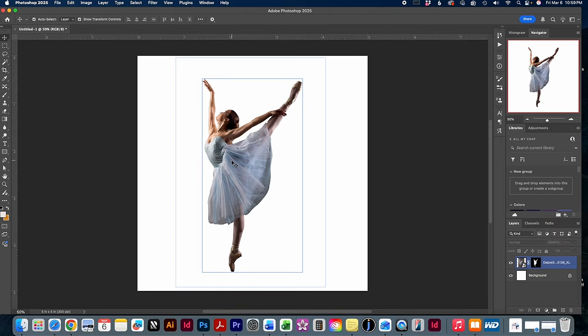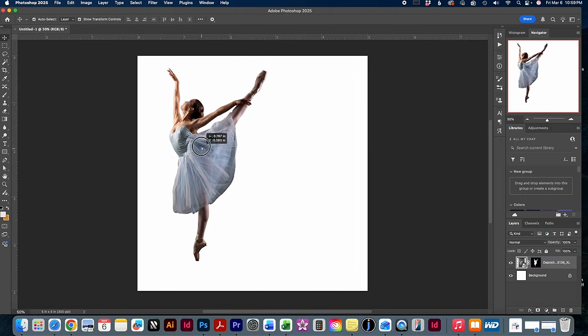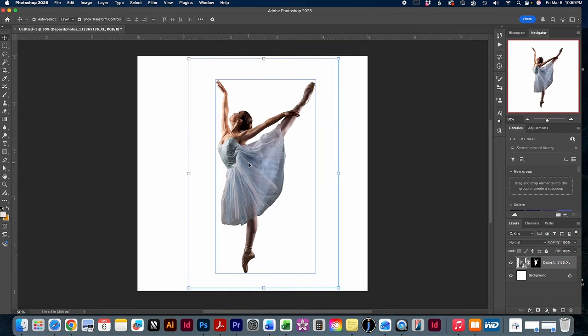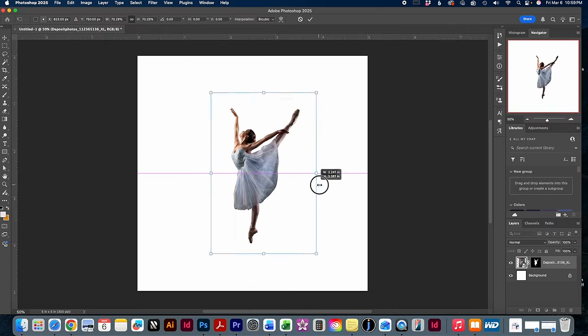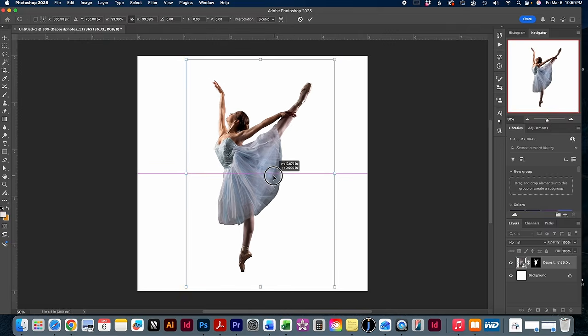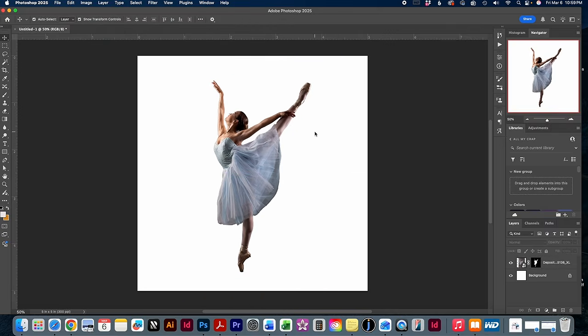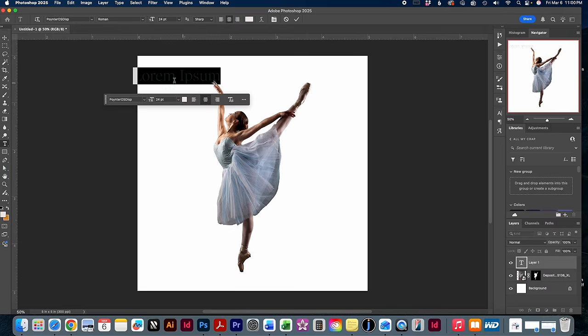Now let's say we want to move her around. We can just click on her and move her. We can resize her. We could add more images. Let's say we wanted to add some text to this document. We could come over here to the text tool, click on it, and you can just click on your document and it'll come up with Latin words. If we just change it to ballerina, for example,